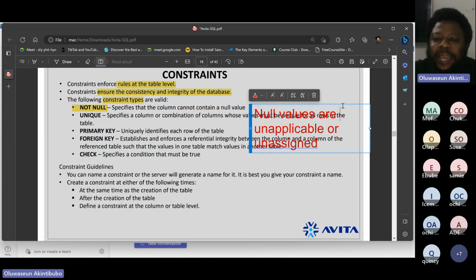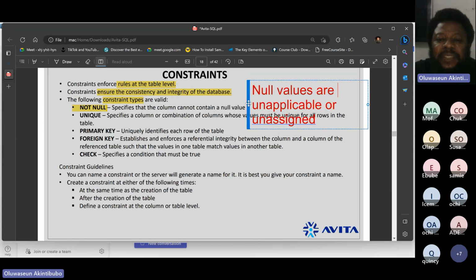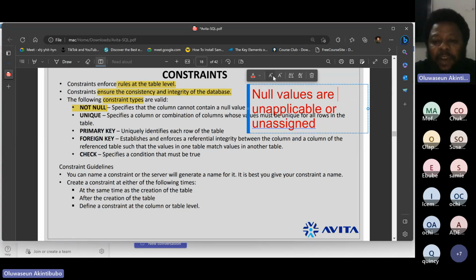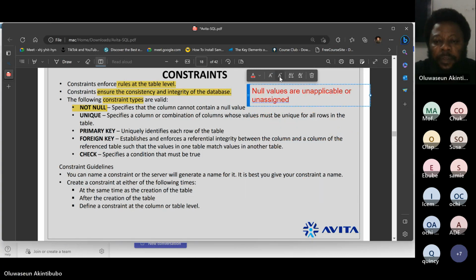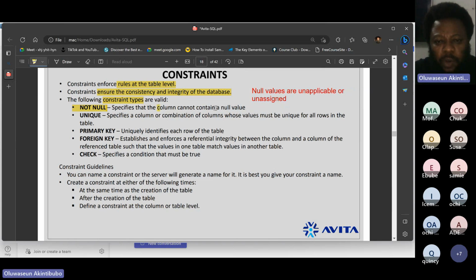So when you say a column is not null, what does that mean? It means that the column cannot contain null values, cannot contain empty values. That's basically what we're saying. Not null specifies that the column cannot contain a null value. Emphasis on cannot contain. That is one rule. So when you want to say a column is compulsory, what do we use? We use not null. It helps us enforce that